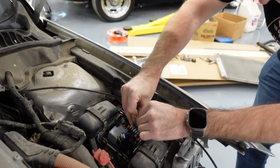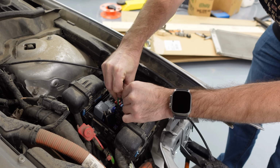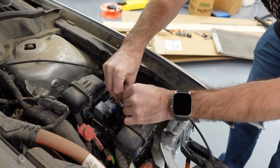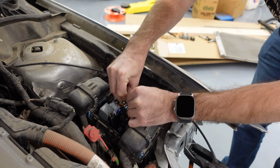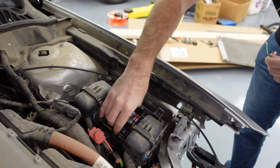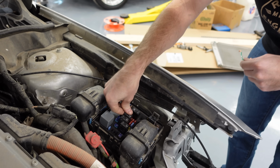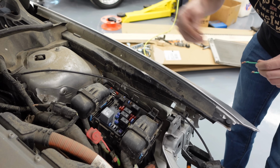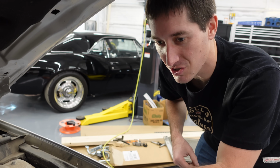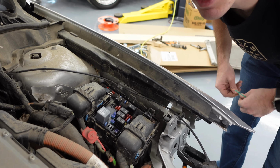Okay. Oh, it tried to run start, didn't it? I don't even know what that is. It just self-disabled. Interesting. Well, I thought we might get lucky and get a starter out of that thing, but obviously it's probable that the, oh look, it just engaged. Something in there's like,